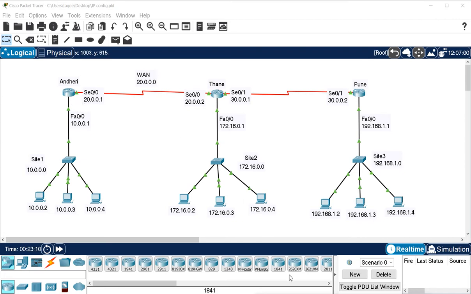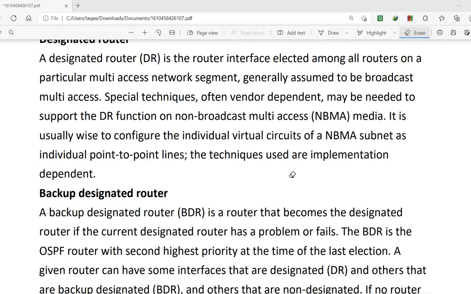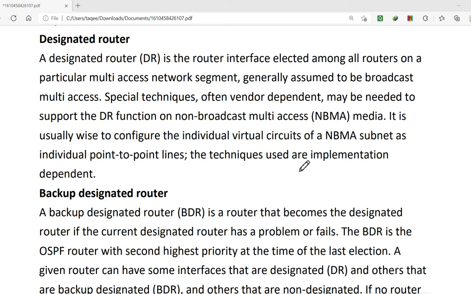Now what that means: suppose we have one router here, and it has one FastEthernet interface, one serial interface, and we create a virtual interface here also. A virtual interface means it is not a physical interface.